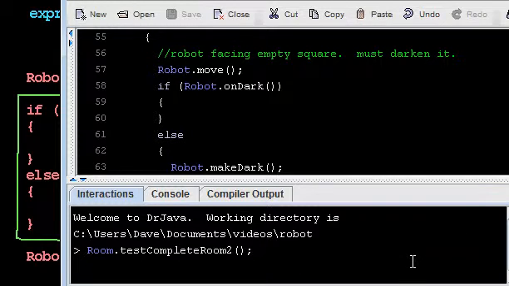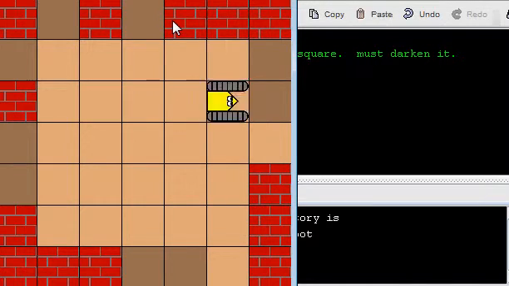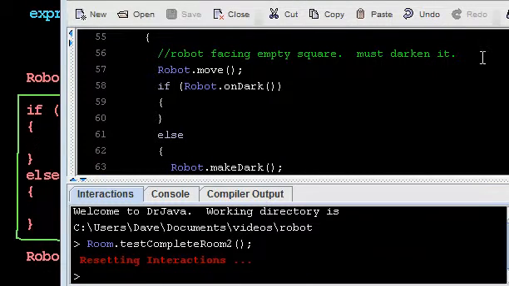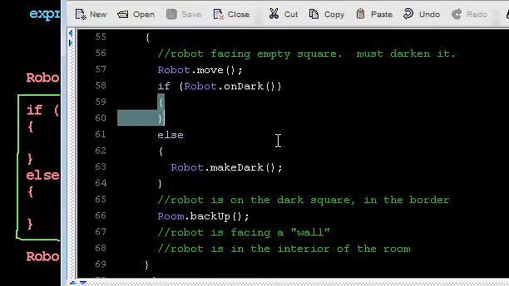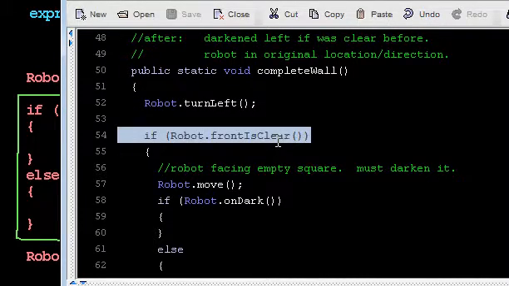Hello. In our last video, we solved this problem here, where the robot spun around the edges of a room and completed any missing squares using if statements, completed those missing spots by filling them in with dark squares like you just saw. And the heart of the program that we wrote, let's bring it on the screen, the heart of the program says to complete one wall to the left, we turn left, we check if there's a wall